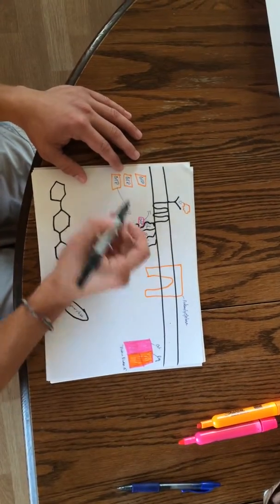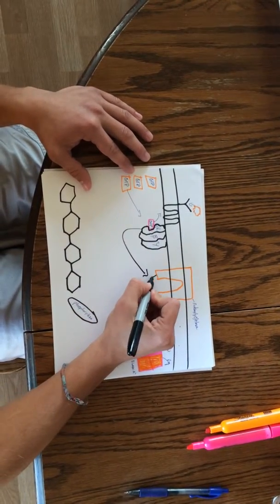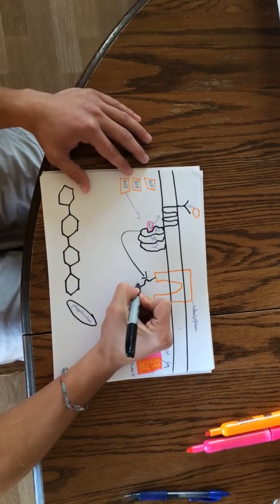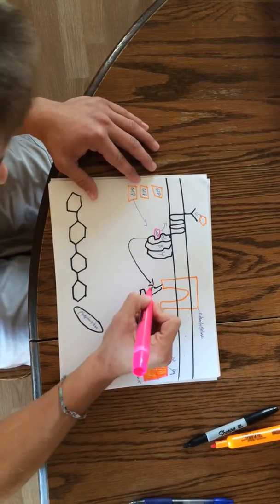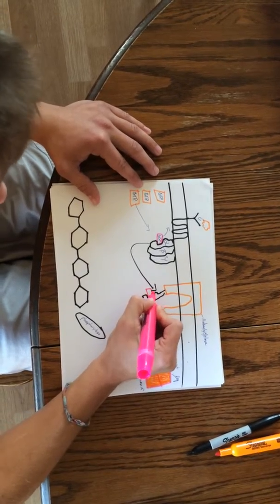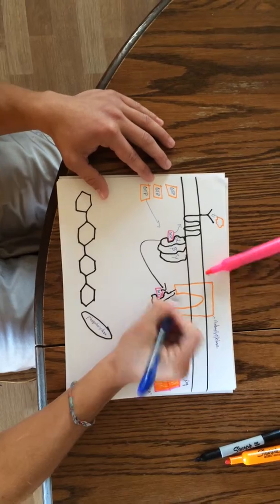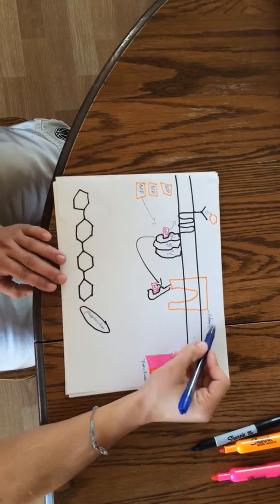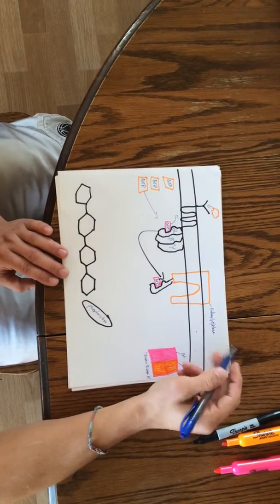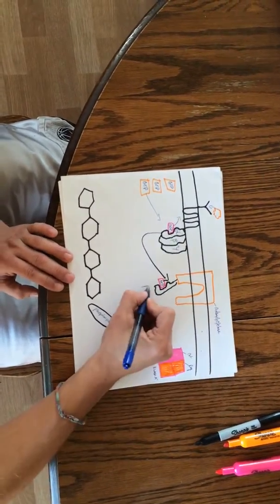So this alpha subunit, along with the bound GTP, is going to come over here and bind. Draw a little binding site. And we have a bound GTP. And it's going to activate this enzyme called adenylyl cyclase. Activation of this adenylyl cyclase enzyme will convert ATP